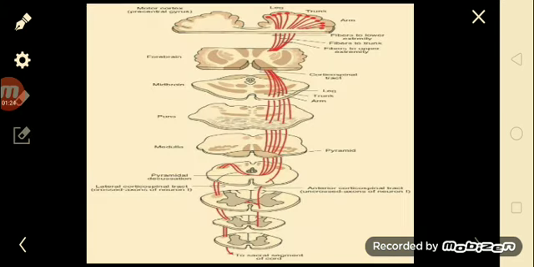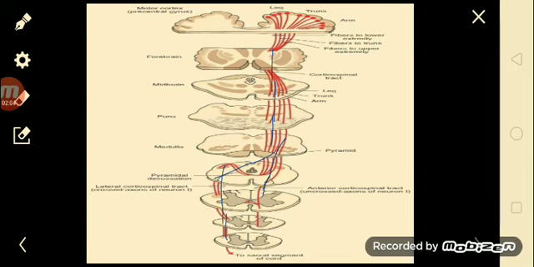So there is a pathway called the corticospinal pathway. The information goes from the muscles to the cortex, and from the cortex to the muscles. 30% of the fibers come from the primary motor cortex, and the remaining 70% from the remaining motor areas, and descend through the forebrain, midbrain, pons, medulla, and here they cross to the opposite side. So these contralateral fibers descend and enter the lateral horn of the spinal cord, and these crossed fibers are the lateral corticospinal tracts, and the